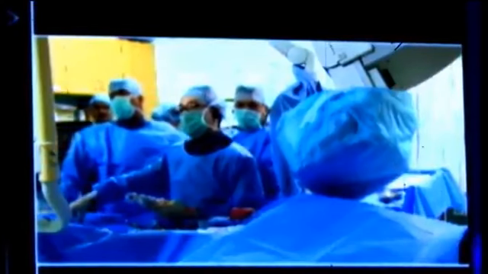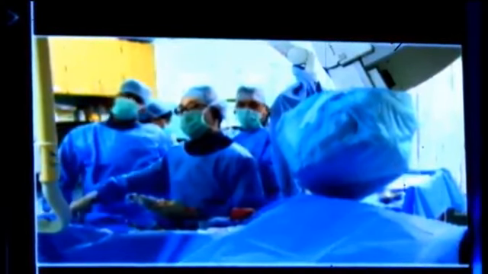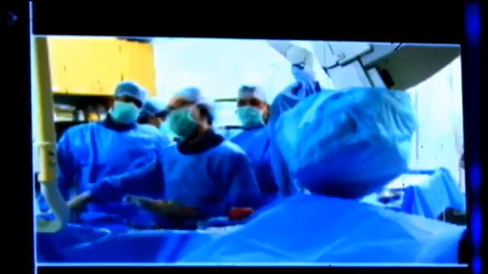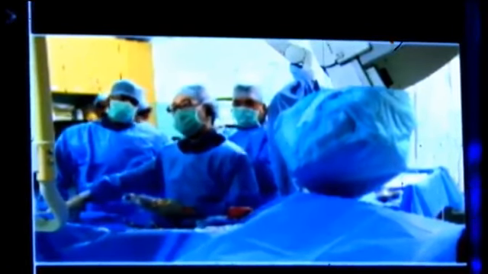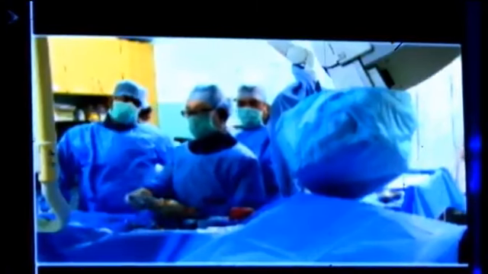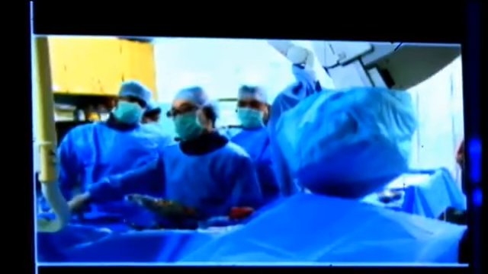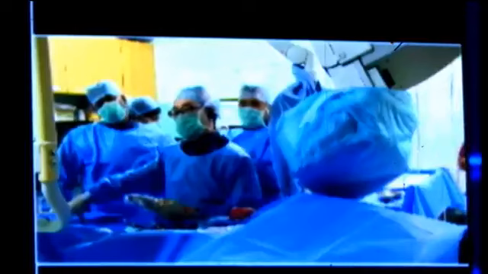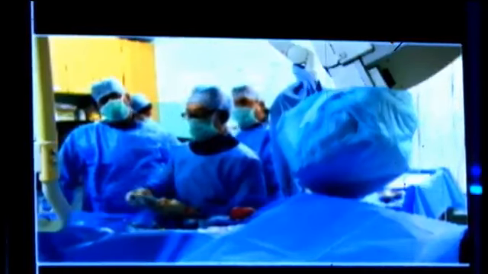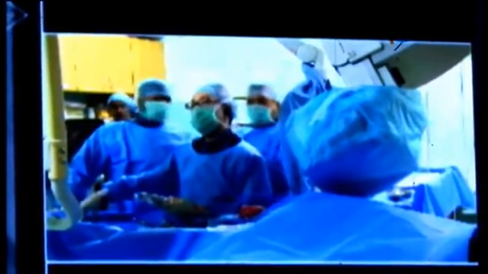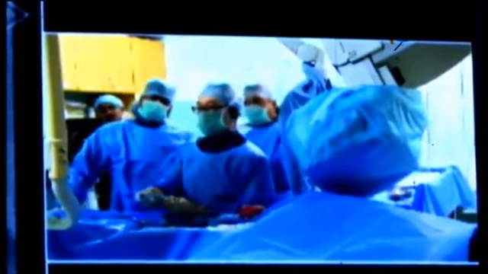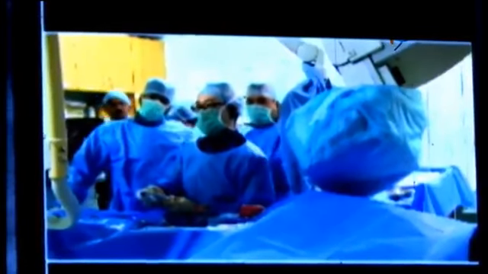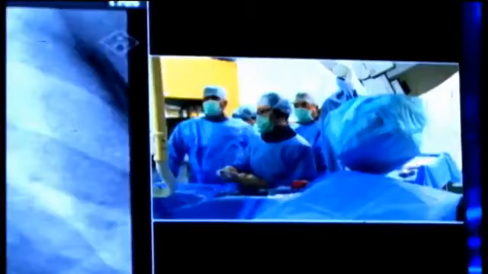I will show the fluoro image. At this time it passed through to the PL, the big PL branch. This is the Gaia third. I checked the angio and the angle is okay, so my feeling is quite good, and definitely this Gaia third wire passed through the true lumen, very lucky. Then I exchanged the guide wire from the Gaia third to the Xion blue, using the